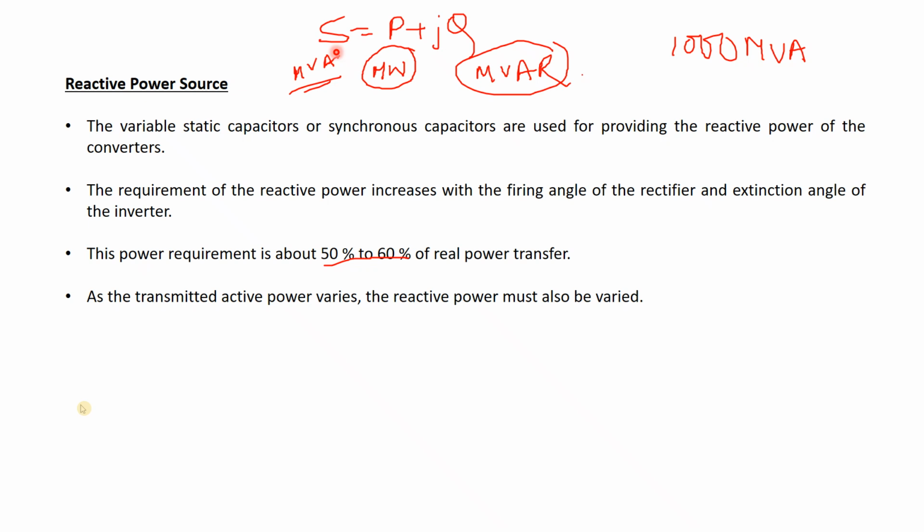That is why capacitor banks and reactive power compensating devices are installed in the converting station, so that the reactive power required by these converters can be fulfilled by these compensating devices like capacitors. The burden of the reactive power is then not on the alternator, so the alternator can supply maximum apparent power in the form of active power.